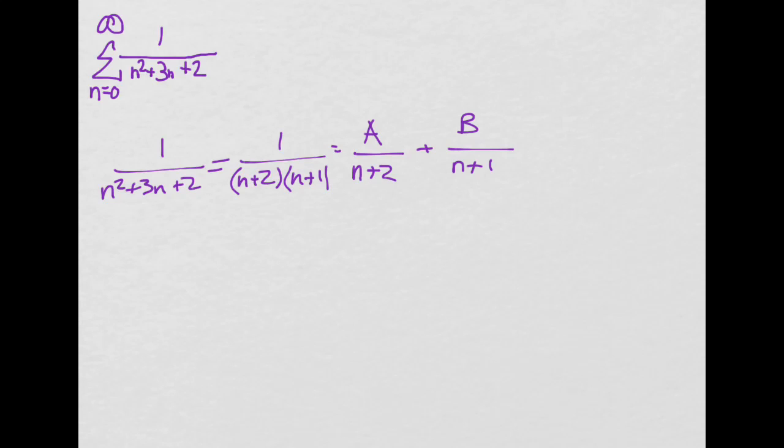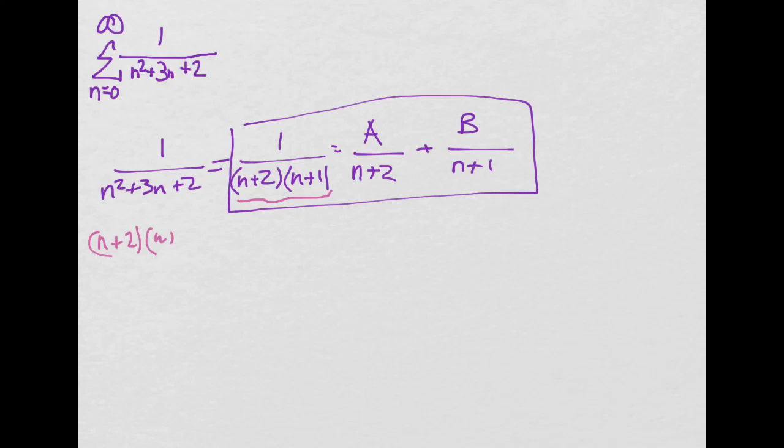Okay, so now notice that what we have right here is an equivalence. We're saying that these two fractions are exactly the same. So we just need to figure out what values of a and b make that true. Now, to do that, we're going to have to do a little algebraic trickery. What we're going to do is multiply by our original denominator on both sides of this equal sign. So you can see on the left, we're going to get 1 times both those factors. So we're going to get n plus 2 times n plus 1 over n plus 2 times n plus 1